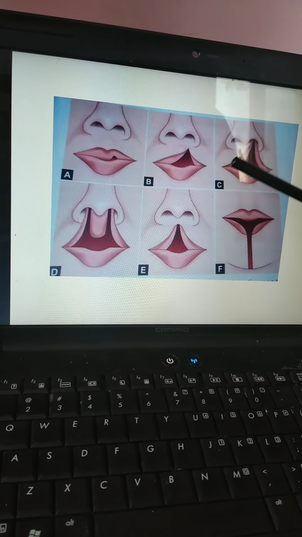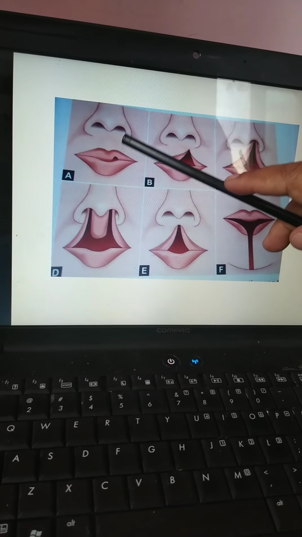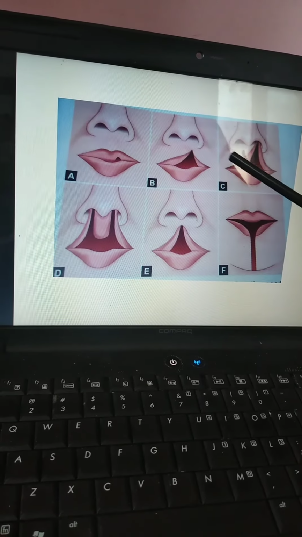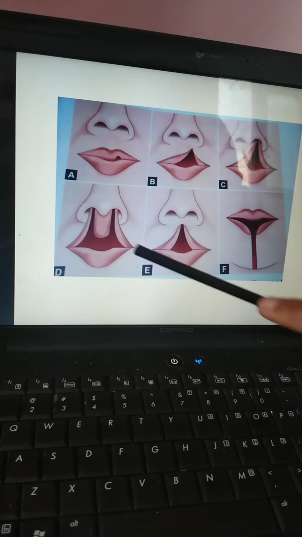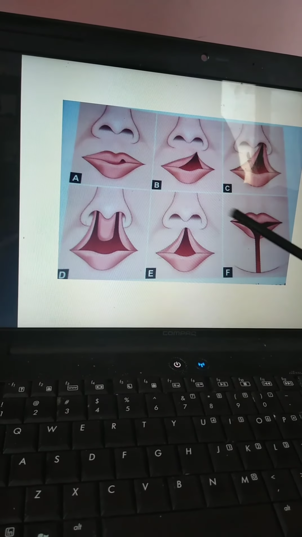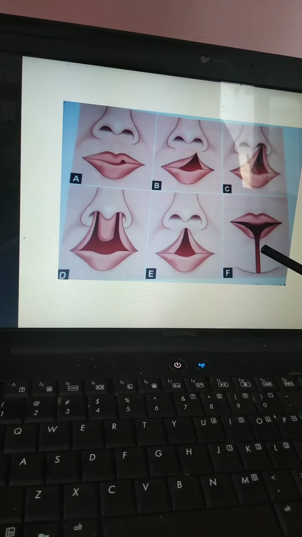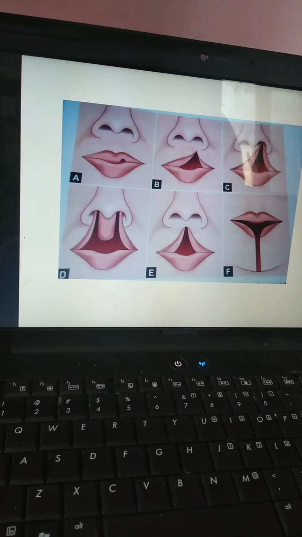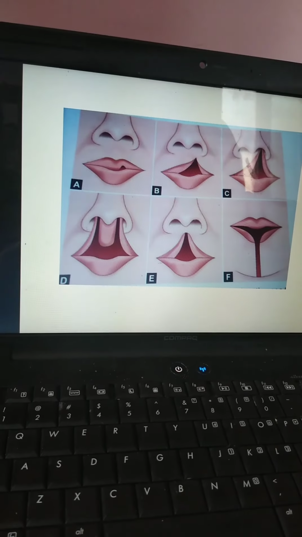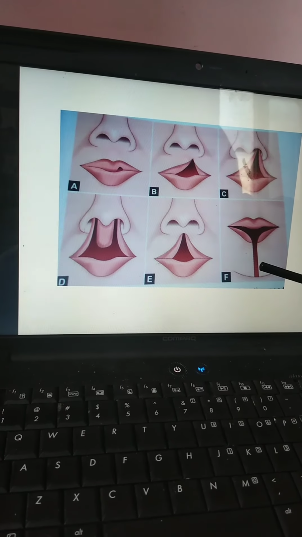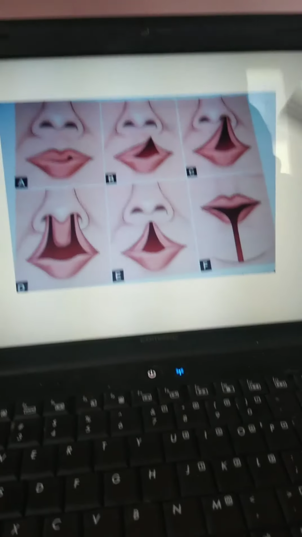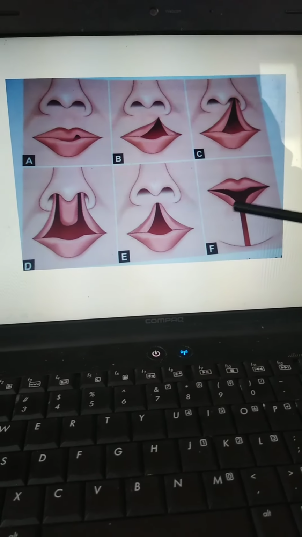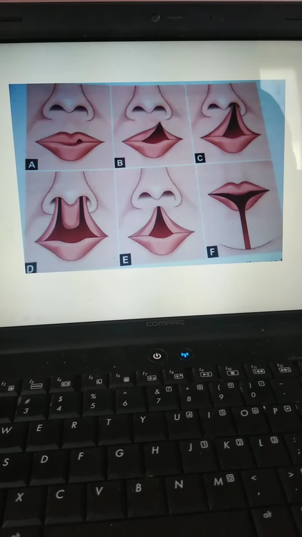It may extend only up to the lip. It may go towards the upper lip. It may even go towards the nasal cavity. Not only the upper lip, the lower lip can also be affected. We can also see a cleft in the lower lip. Now why does it happen in the lower lip? Due to the non-fusion of the mandibular process.